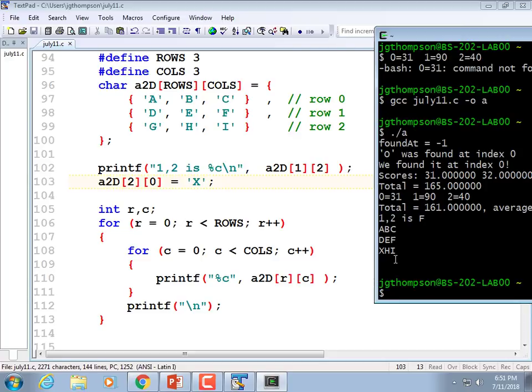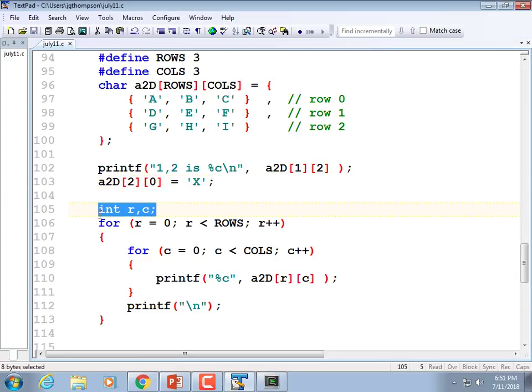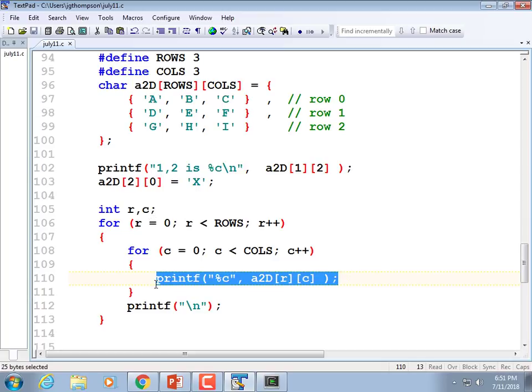Any 2-dimensional array you would process in that fashion. If you wanted to sum up all the values, then you would declare your total here, and you would put your increment here. If you were searching the array for a specific value, then you would have your if statement here. And if you ever found it, then you would put,